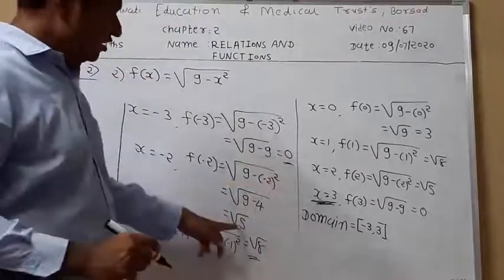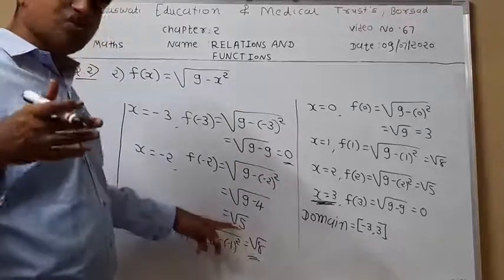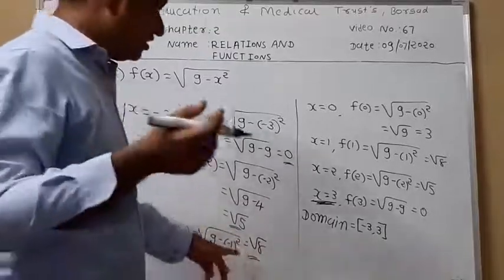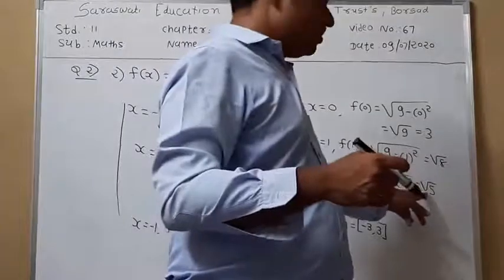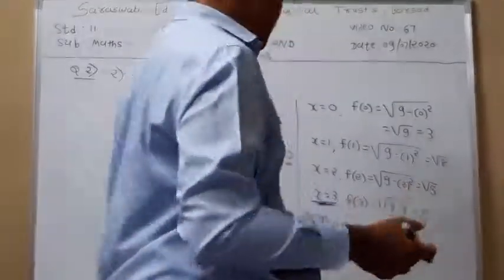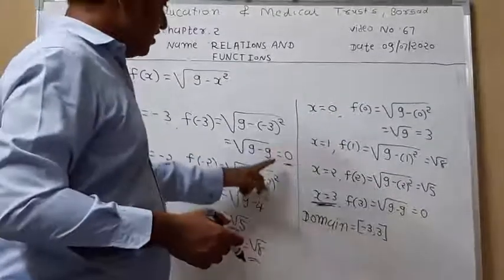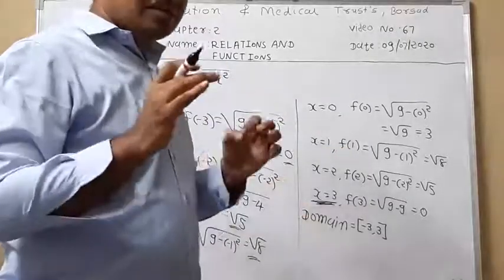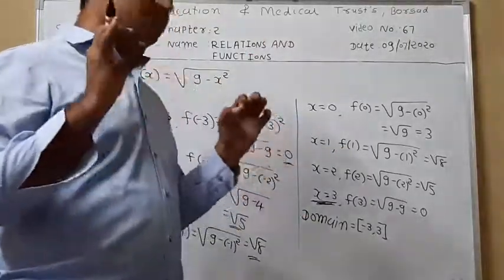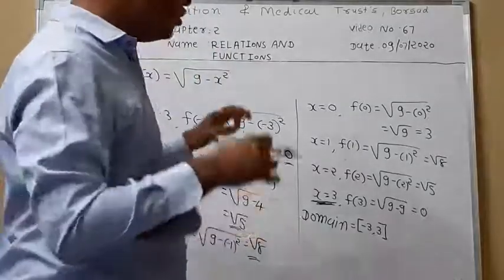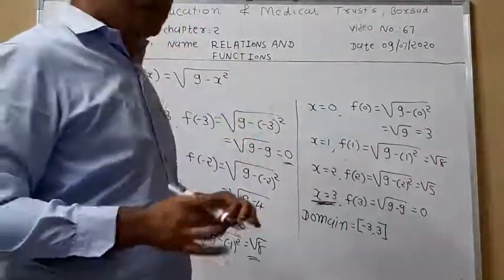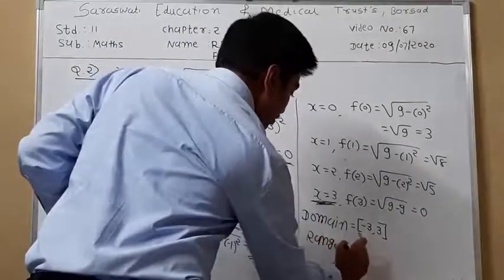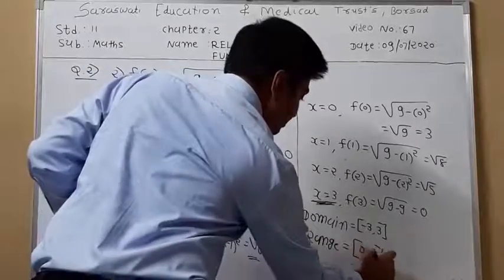Now 0, under root 5, we can find the square root, so here we get 2 point something. Under root 8 again 2 point something. Under root 5 again 2 point something. So in case of range, here we get values between 0 to 3. रेंज की वैल्यू क्लोज इंटरवल 0 और 3 के बिटवीन में ही आ रही है. देखो आप कोई भी वैल्यू डालो, इवन पॉइंट में भी डालो, ठीक है. तो रेंज आएगी क्लोज इंटरवल 0 टू क्लोज इंटरवल 3.